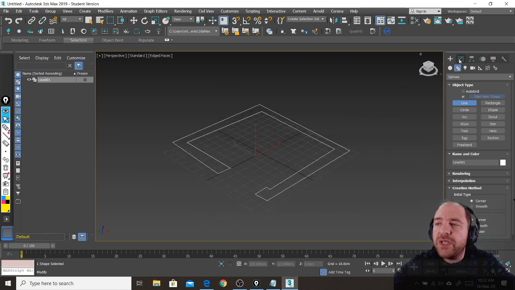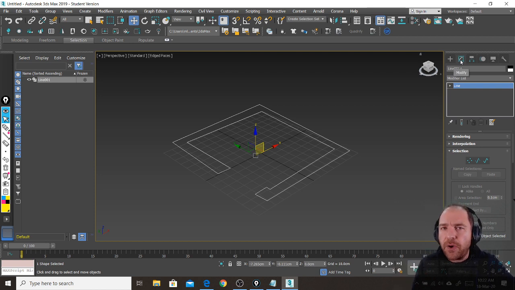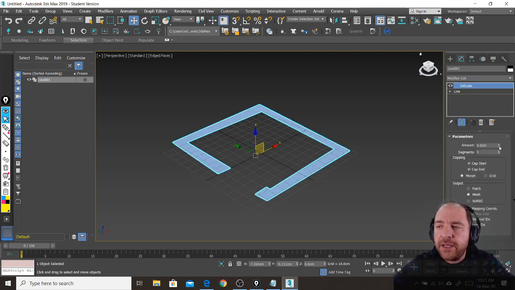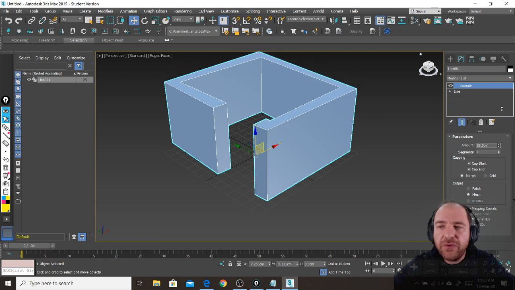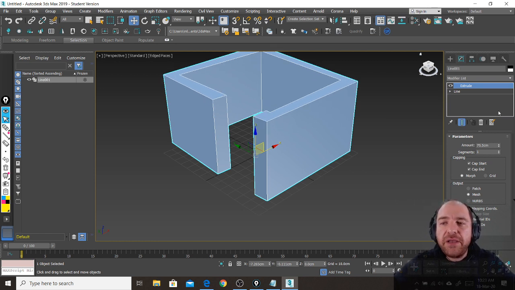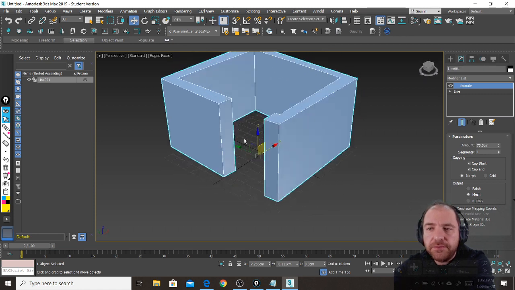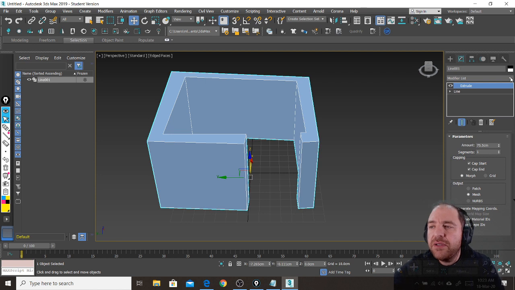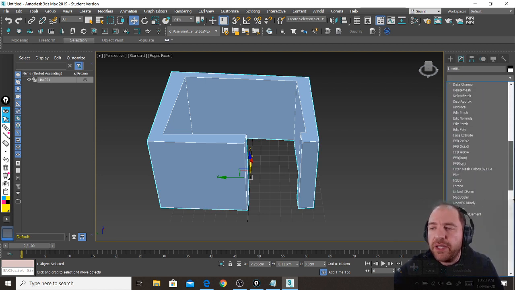So what I will do is, I can't apply Edit Poly right now because this is a shape, but I will use Extrude, and I increase the amount. So now my shape is three-dimensional. Okay? Ready for this? Now, after applying Extrude, I can instead apply Edit Poly,